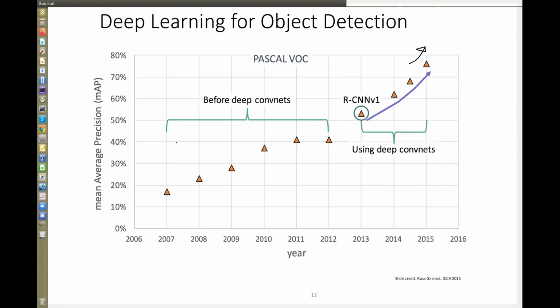This is based on the mean average precision criteria. I won't go into detail about what that means, but of course higher is better here. And of course it's getting better and better over the years with the deep learning